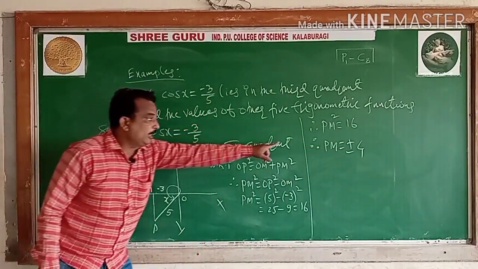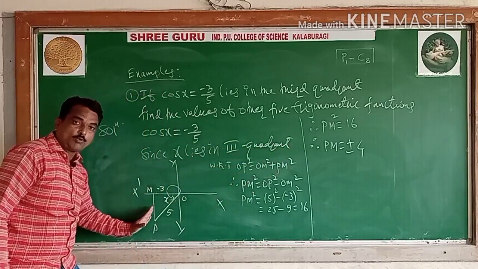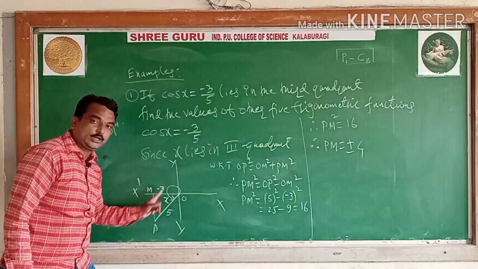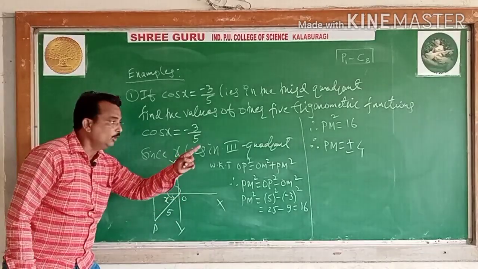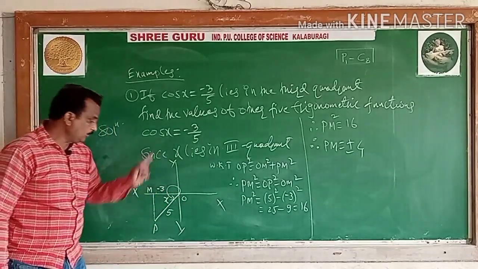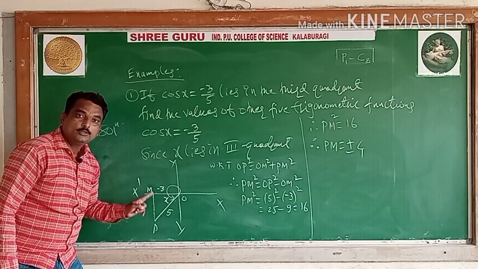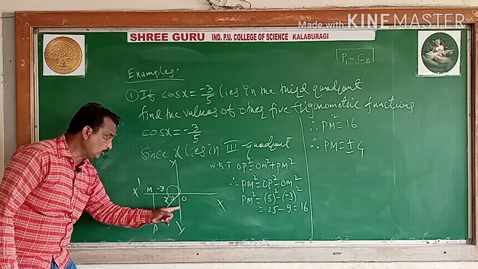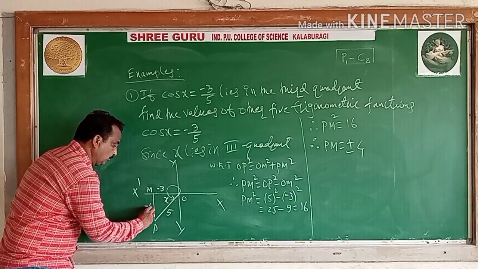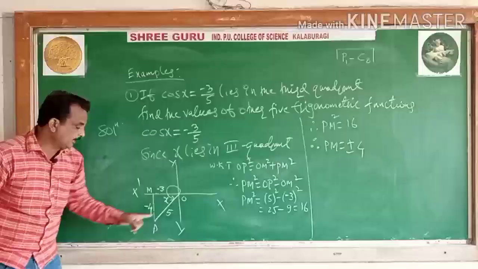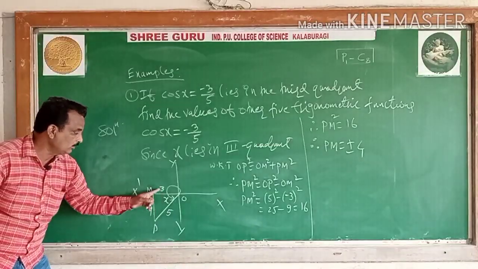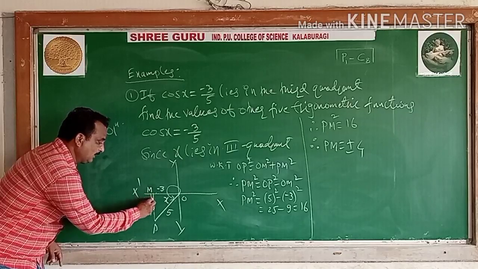You should take one value, positive or negative, with respect to your quadrant and your triangle. Tell me, students, should you take positive or negative? Negative, because it is parallel to the negative y-axis. So this value is minus 4. Clear, students? Minus 4. And you know this is a right angle triangle.